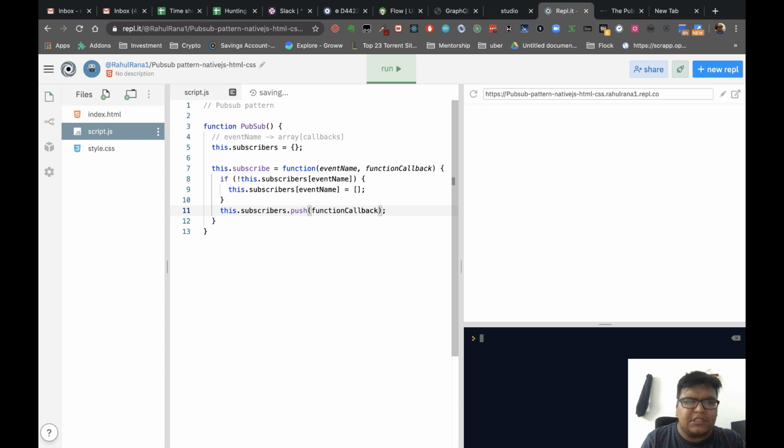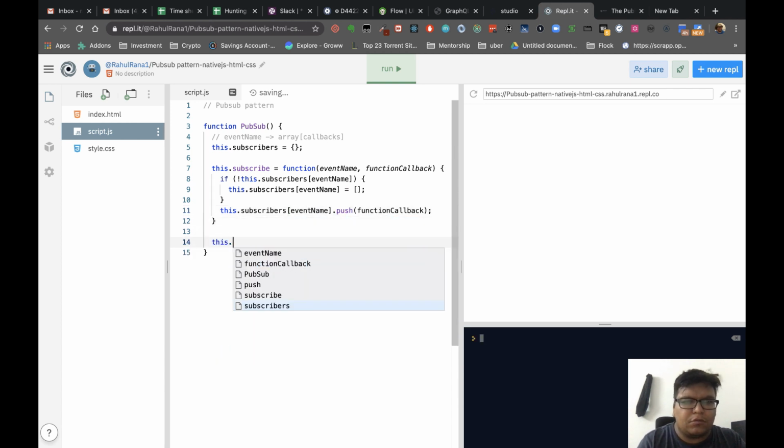So this is a simple subscribe function. If you want to subscribe, you just pass an event name. If the event doesn't exist in the subscribers, we initialize it with an empty array, and then we push our function callback corresponding to that event.